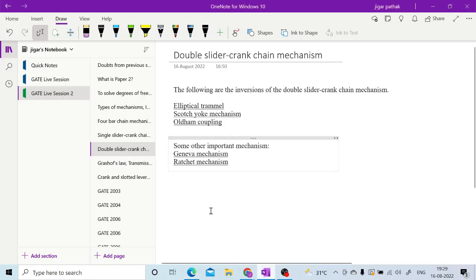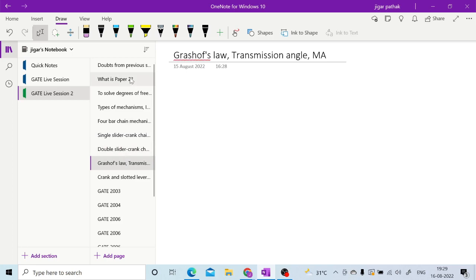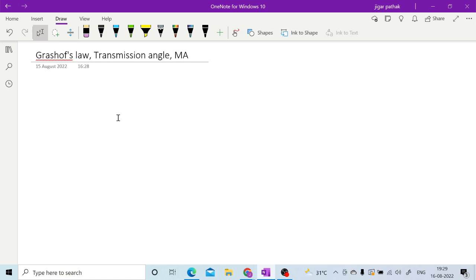So now, after looking at all these different mechanisms, let us see some of the important concepts which will help us in understanding or solving those conceptual questions in GATE from previous year questions, right? So one of the important things is Grashoff's law. What Grashoff's law suggests is,